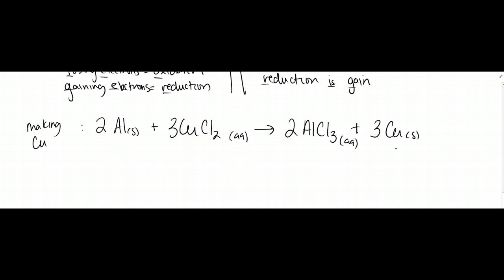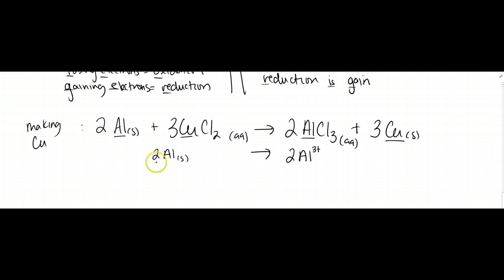If we look at the things that potentially changed their charge, you'll notice that aluminum and copper, in a single replacement reaction, are the two things that switch places, so we're going to examine them. So let's look at aluminum. We had 2 solid aluminum that became 2 aluminum 3+,